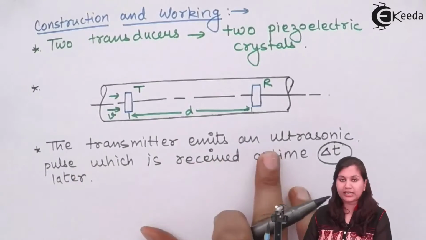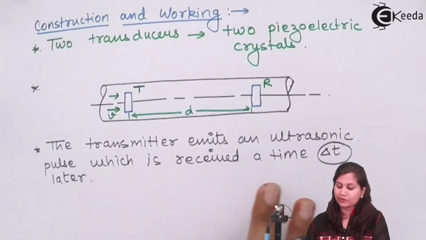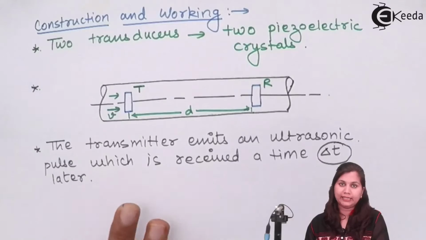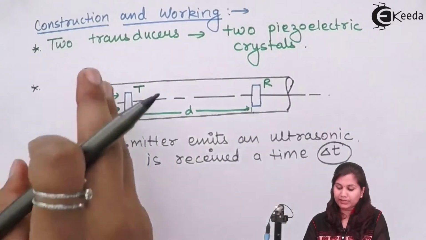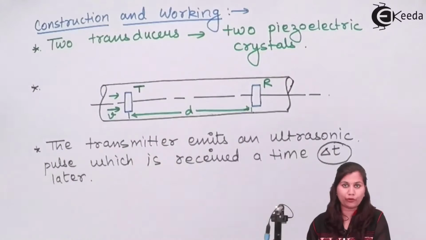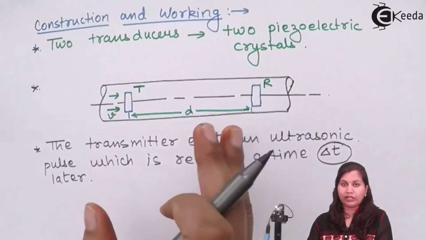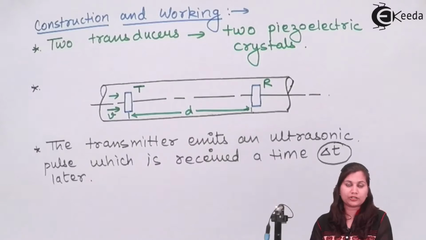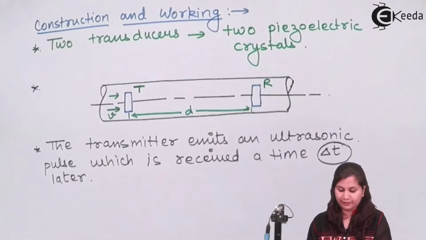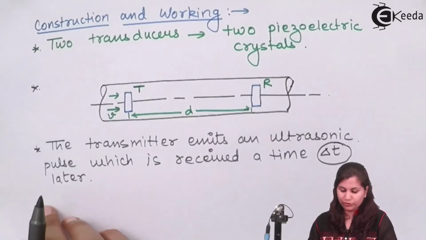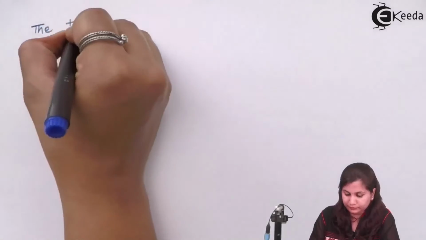So when the transmitter emits an ultrasonic pulse, it is received at a time del t later. Now when this is in the direction of the flow of the liquid, the time will be more. Okay, and when it is in the opposite direction to the flow, the time taken will be less. So in the upstream and downstream,